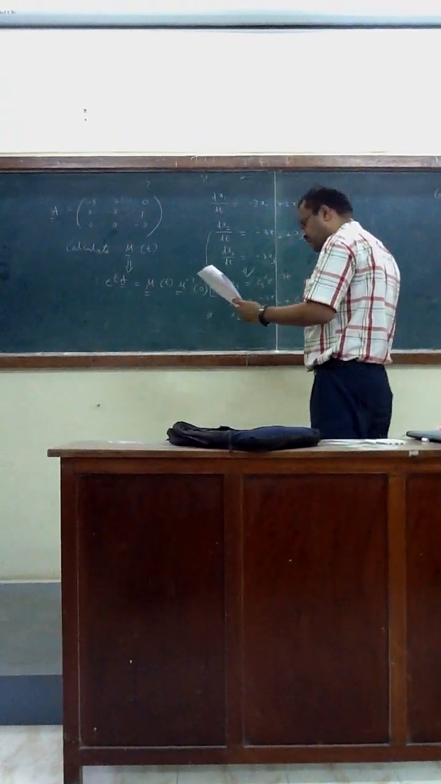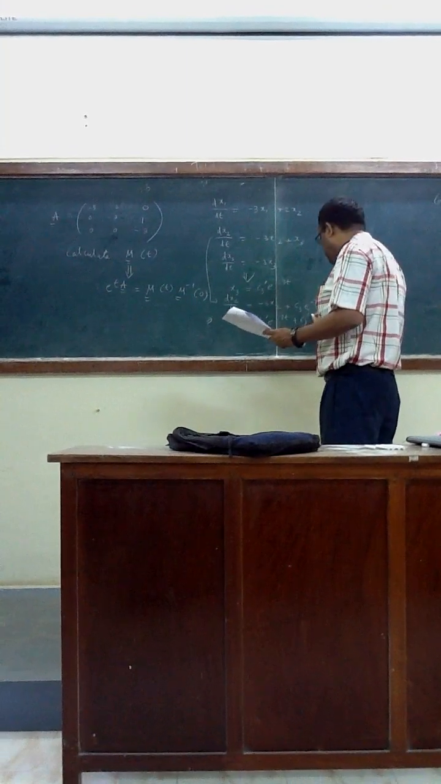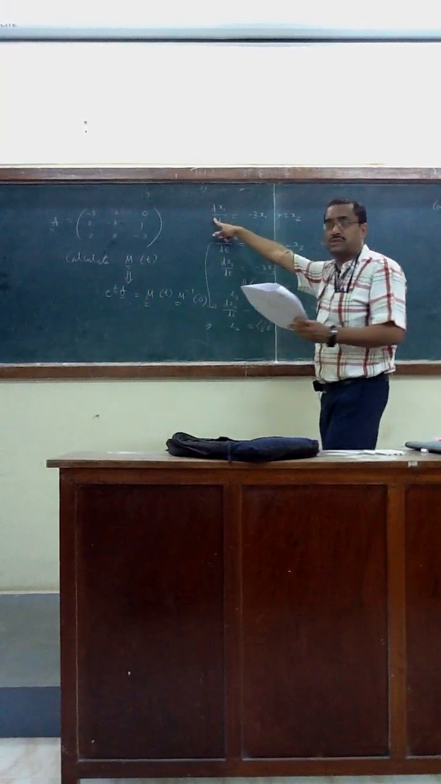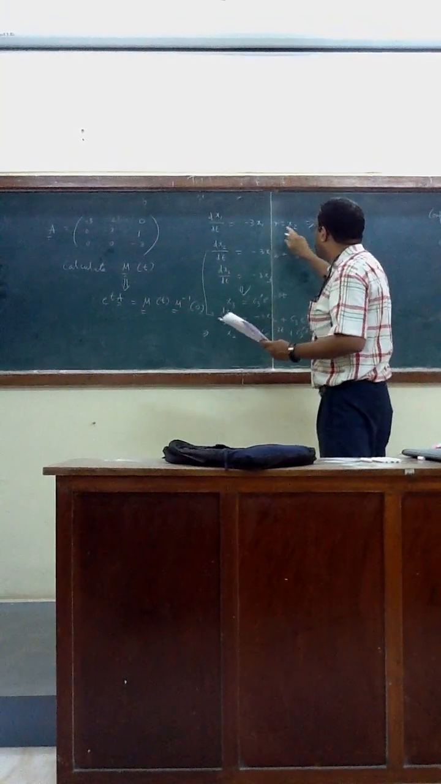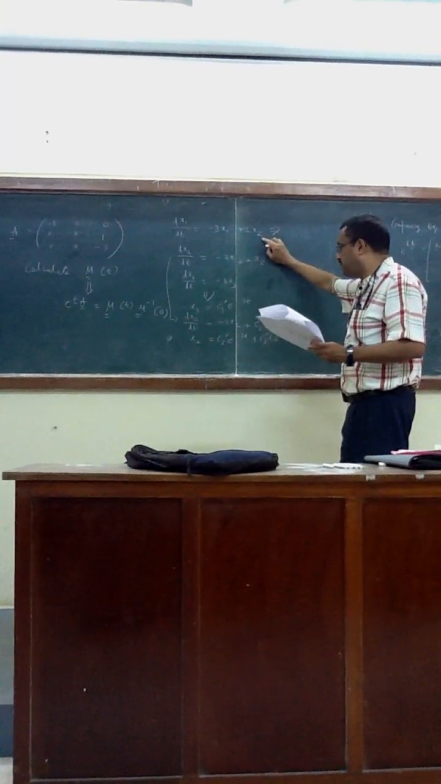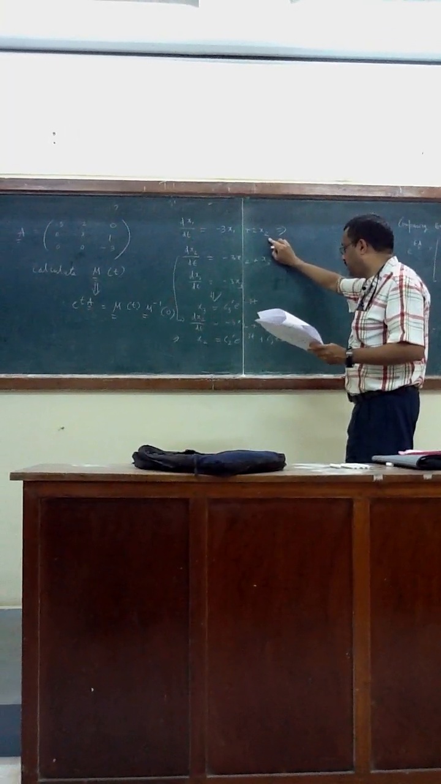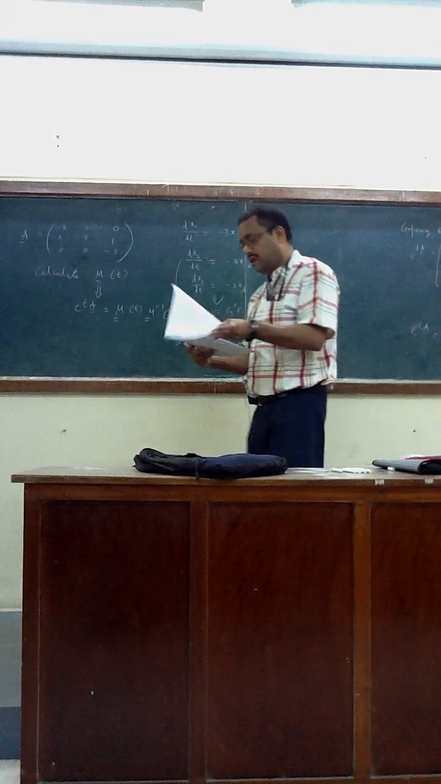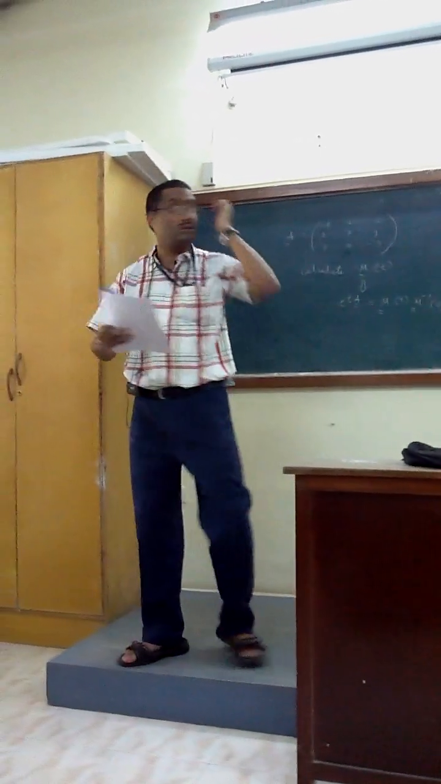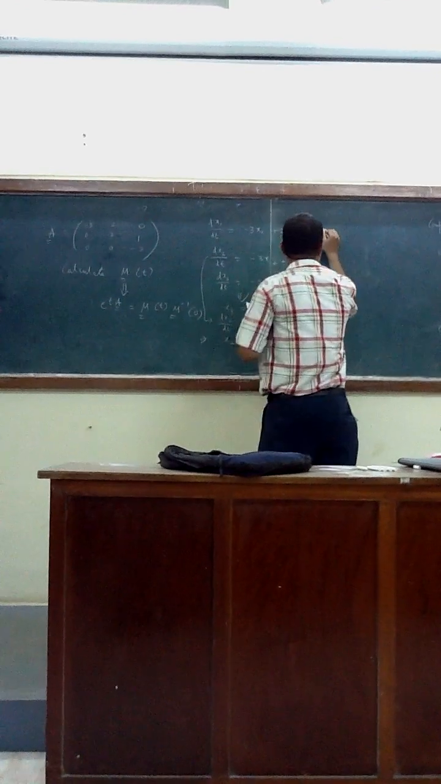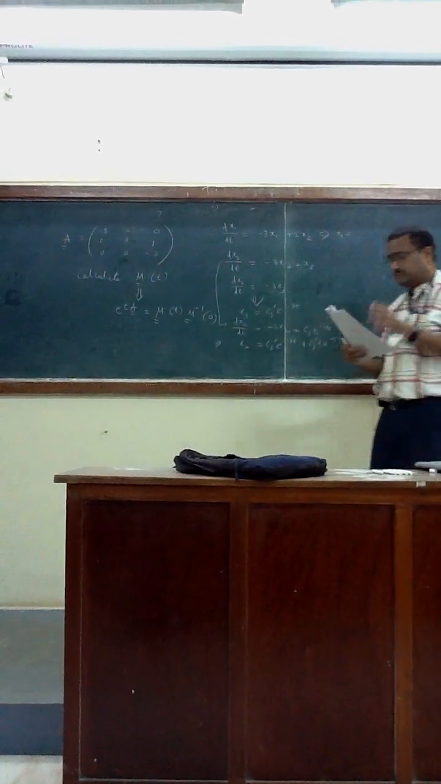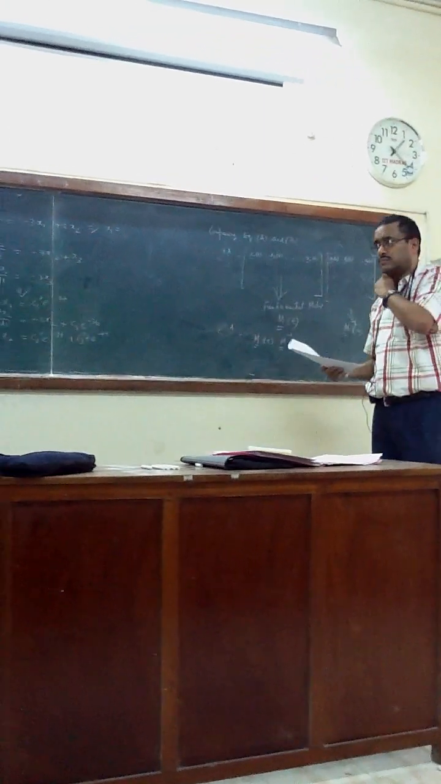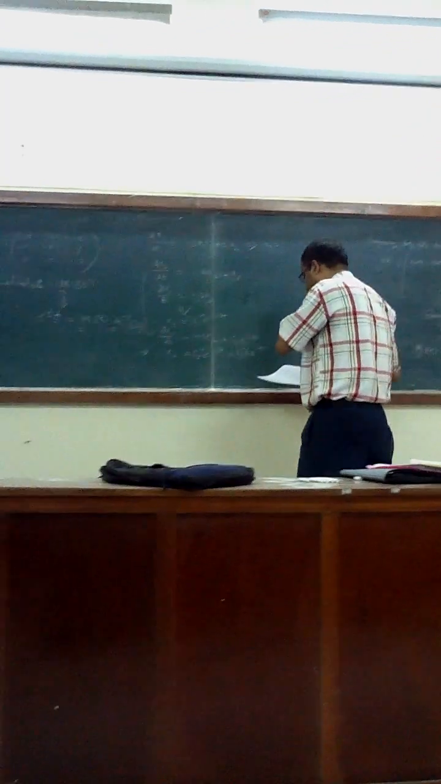So plug in x2, which is c2 prime e to the power minus 3t plus c3 prime e to the power minus 3t. Do the calculation very carefully, and you have to obtain the integrating factor again. Finally, what are you getting? x1. x1 equals to